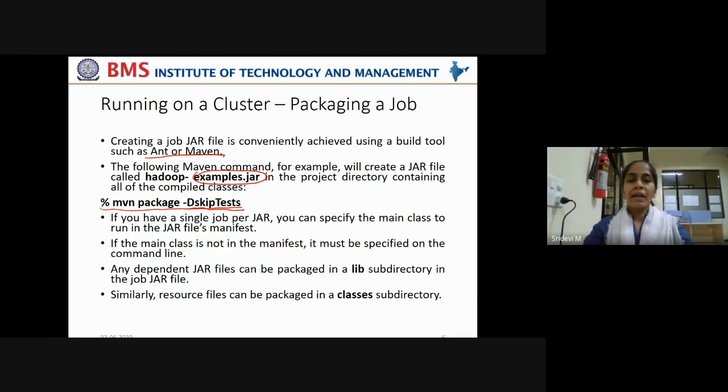Any dependent jar files can be packaged in a lib subdirectory, meaning any jar files that the primary job jar depends on can be packed into a lib subdirectory in the job jar file. Similarly, resource files can be packaged in a classes subdirectory. If you want to associate any further resource files, they can be packed into a classes subdirectory.